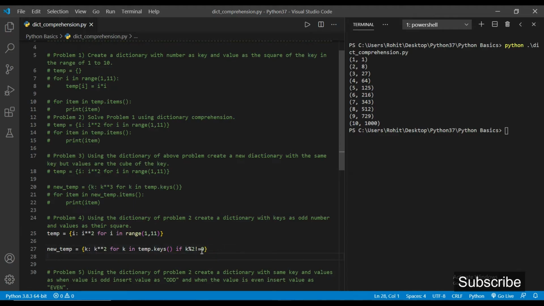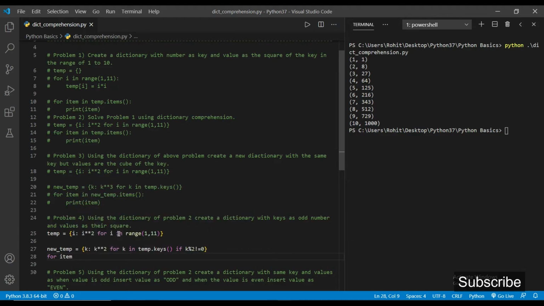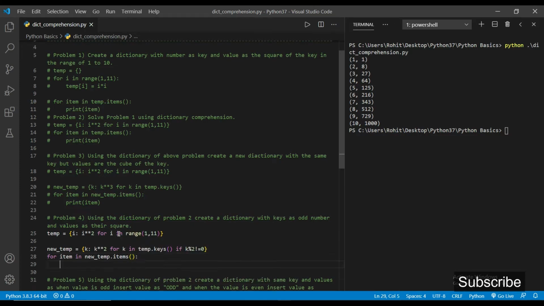Okay, now if I try to print it using the for loop, for item in new temp dot items, print item.